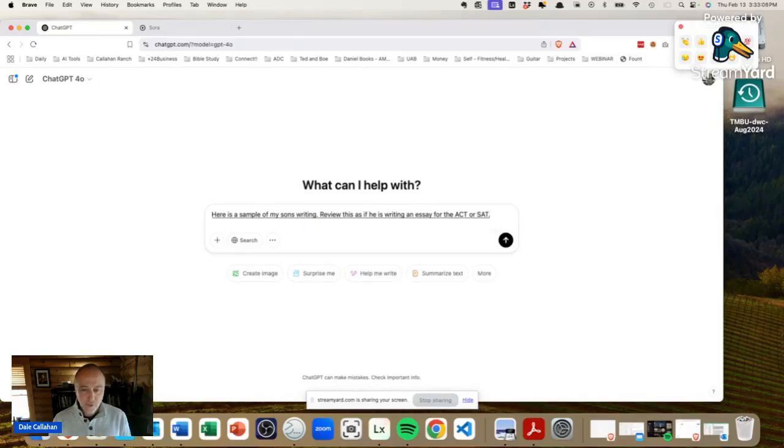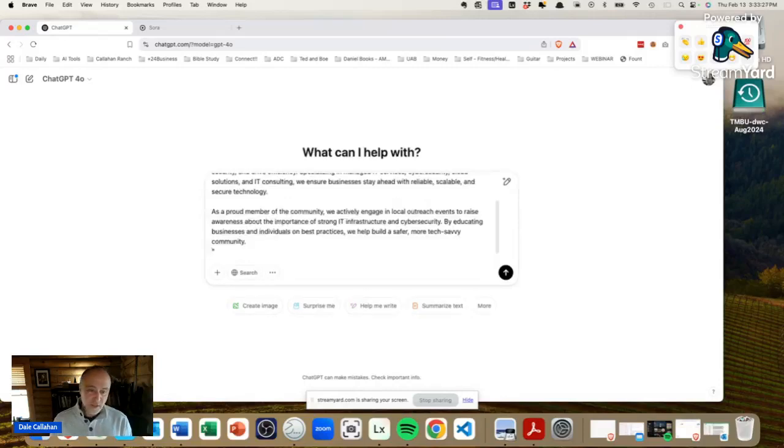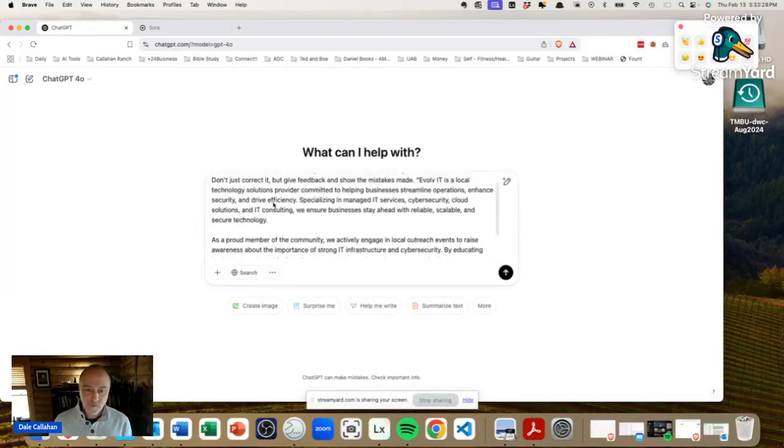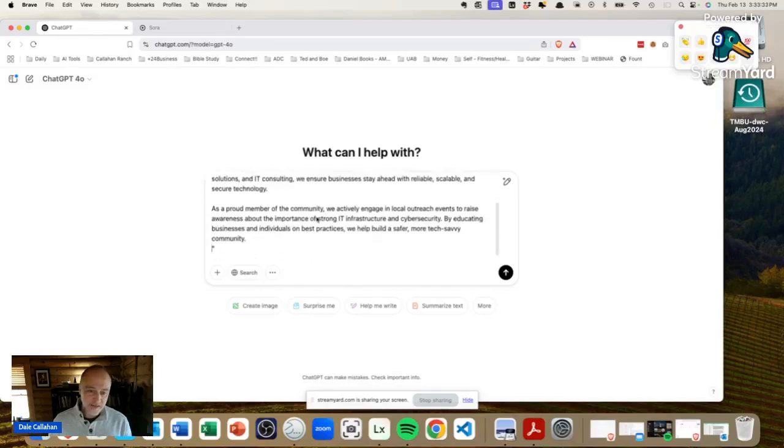Period. Don't just correct it, but give feedback and show the mistakes made. Okay, so I've set the thing. I'm looking at an ACT, SAT level. I'm saying give some feedback on this, and I'm going to put this in quotes because this is something I'm putting in here. And I just cut and pasted this little chunk from an email that's advertising something